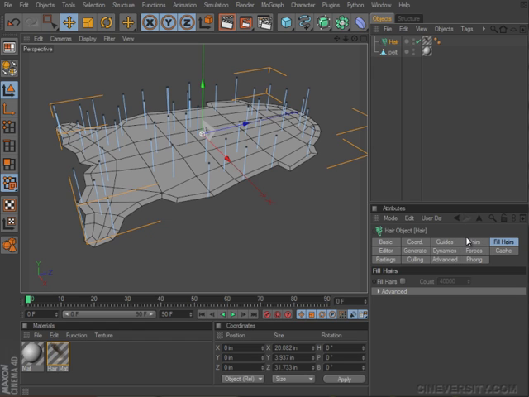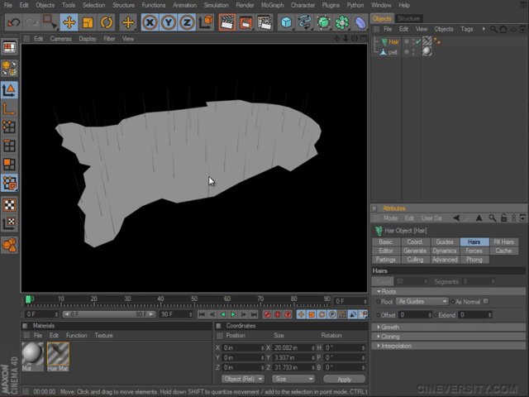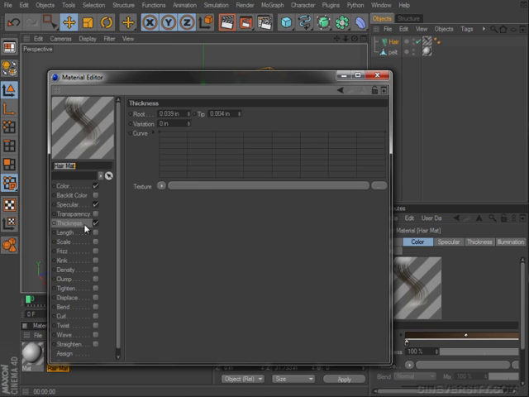area. If I go to the hairs tab and check out the roots, I have the hairs set to as guides. So in this case, each guide that you see in the screen right now will render as an individual hair. And if we go into the hair material and find the thickness, we can adjust the thickness just so we can see this a bit better in the viewport here. And so we'll try out those values there and render, and you can see that we have a little bit